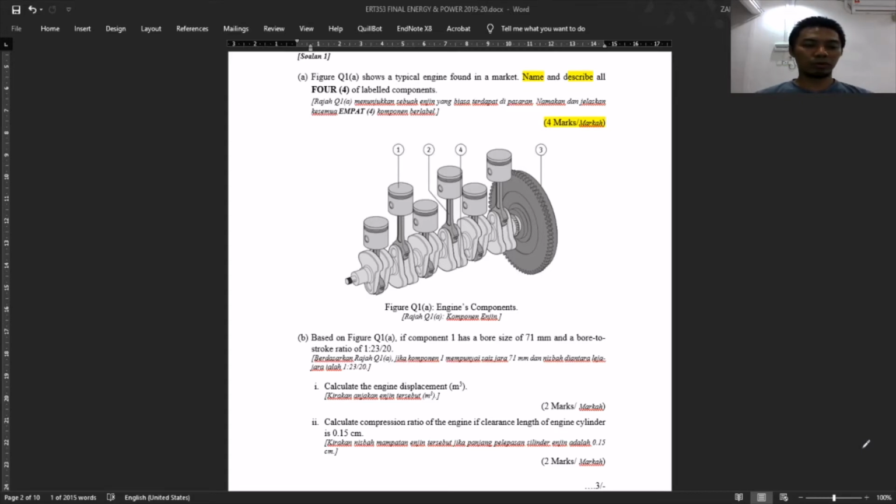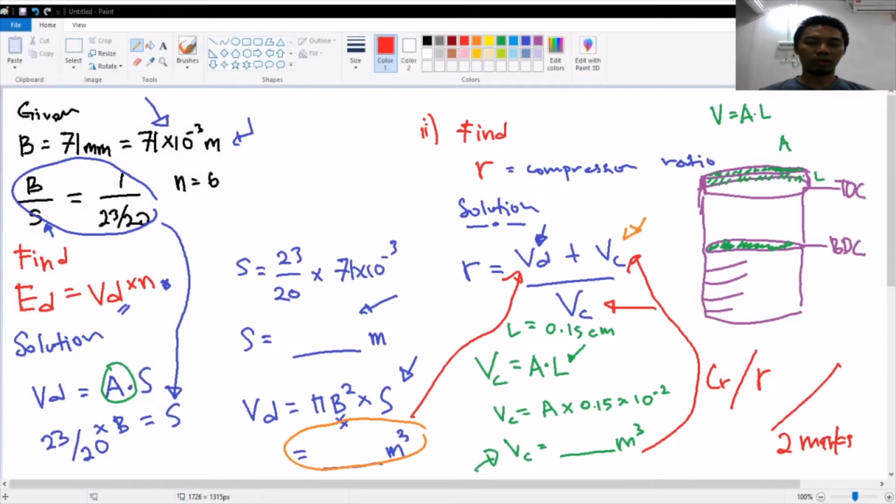continue to question 1C. Let me go through question 1C because last time I only read it for you on the mark. So this is the solution. I'm sorry, I'm not changing to the whiteboard. Okay, let me explain it to you. However,